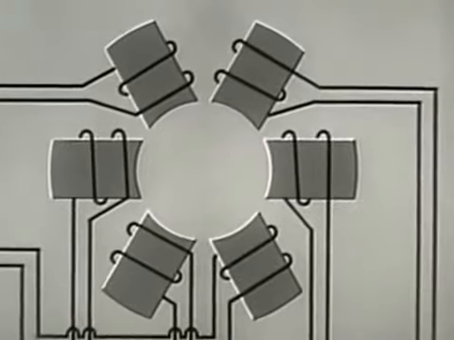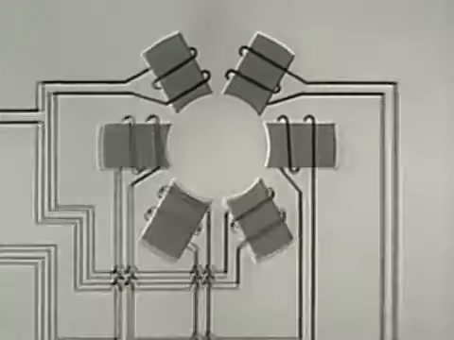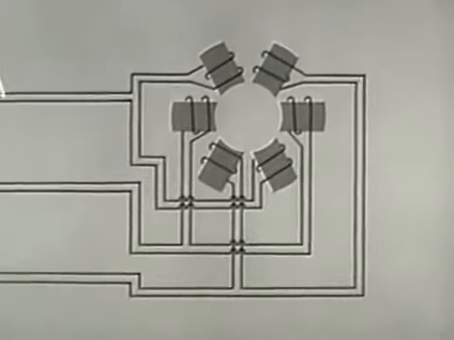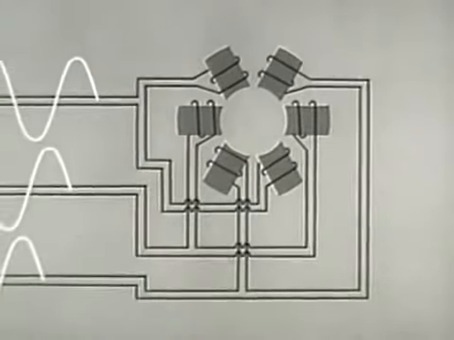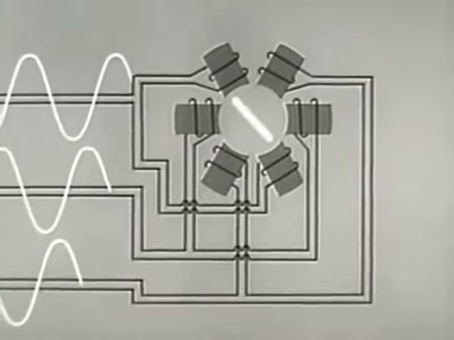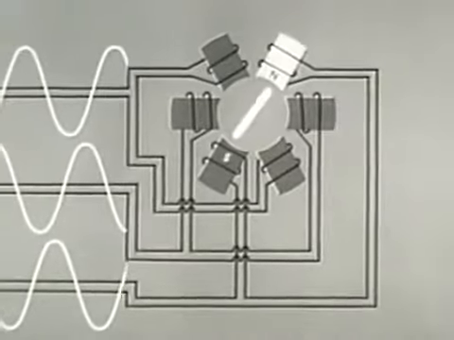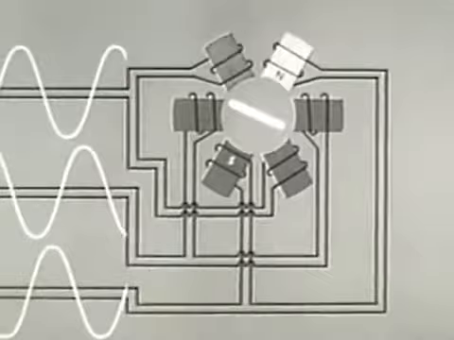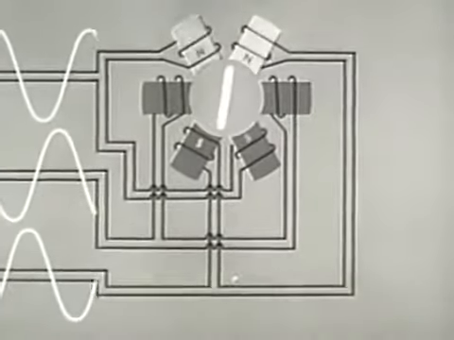Six magnets set in a circular arrangement represent the field of a 3-phase induction motor. These 3 pairs of conductors, 1 pair for each AC phase, supply the field. Because of the time difference in the 3 phases, the poles will be energized in successive order, thus rotating the field electrically. Since the rotating field is cutting the rotor, it will rotate in the same direction as the rotating field, but at a slightly slower speed.